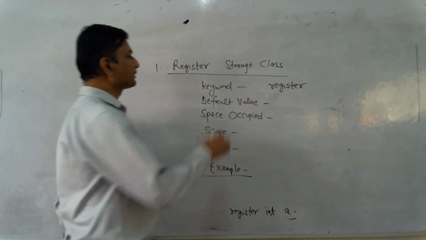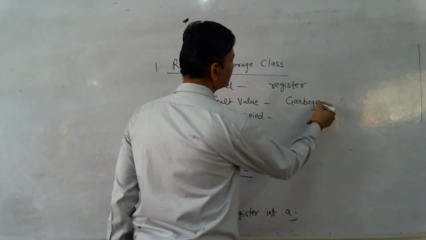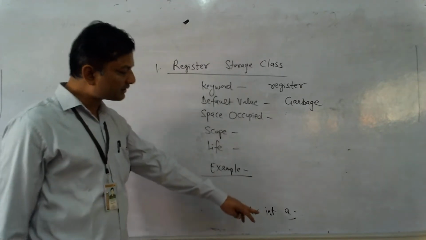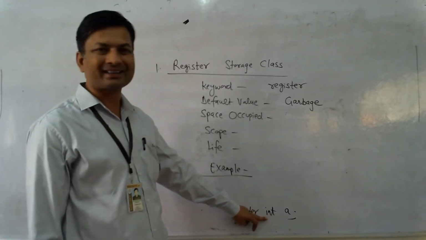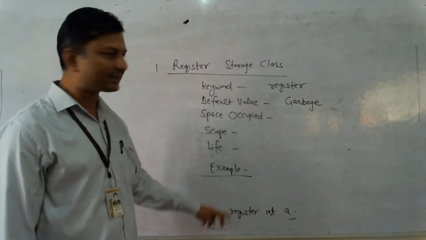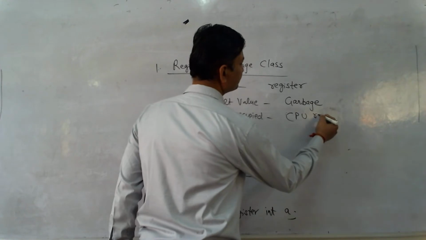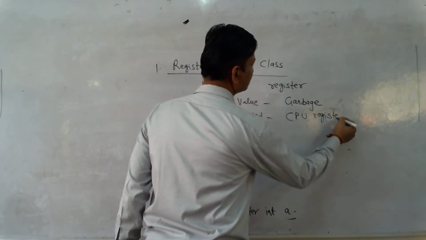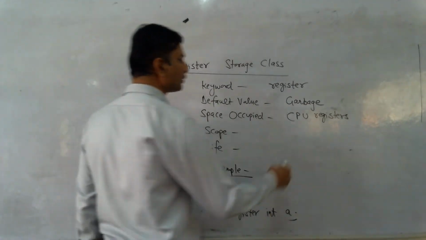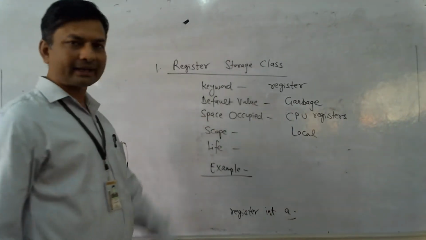It means its default value is garbage. It will occupy space. How much space will it require? It will require 2 bytes of space. Because it belongs to the register storage class, it will occupy space in CPU registers. Its scope is local, and its life is